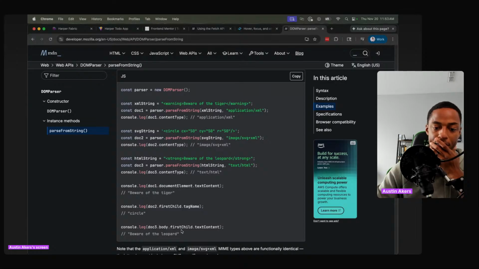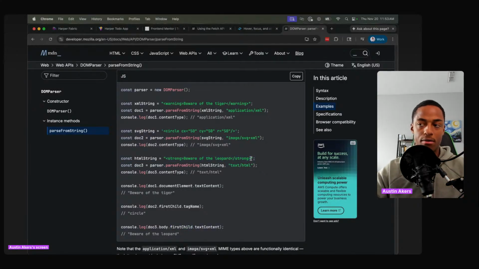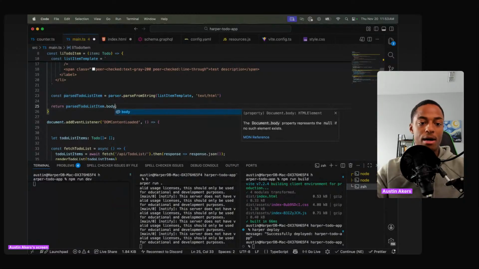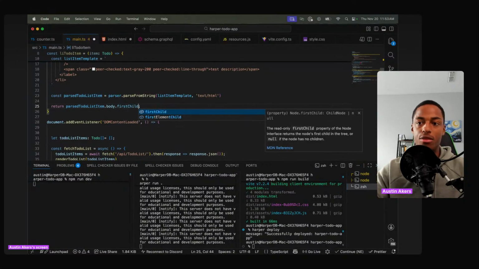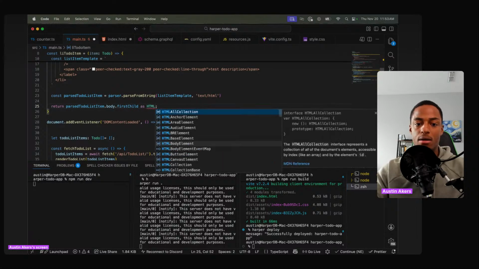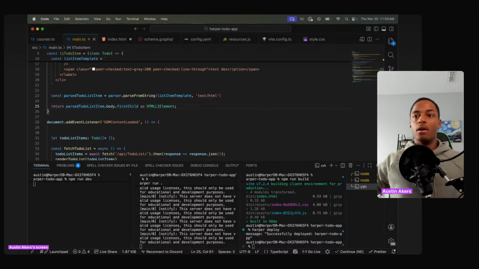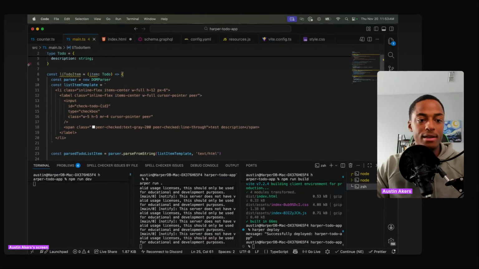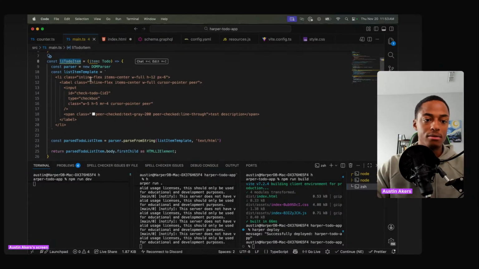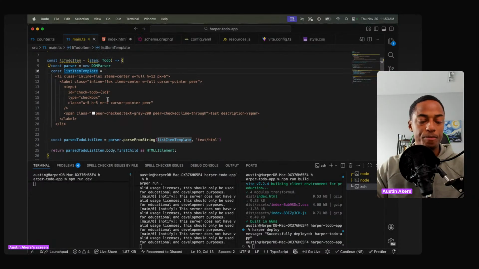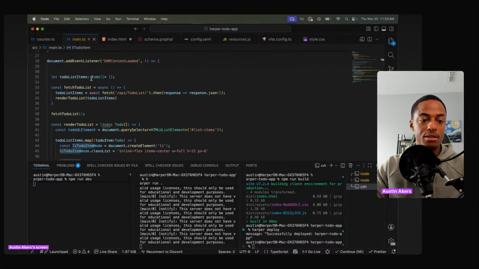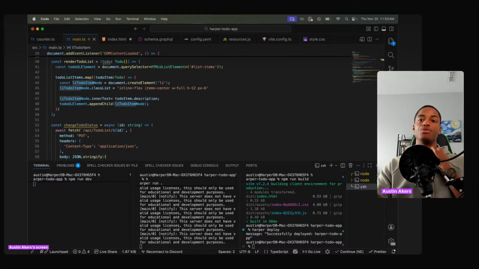Doc3 would be body.firstChild.textContent to get the content. But I don't want to just get the text content. I want to get the string of its entirety. So I actually want to do dot body dot first child, and then we'll have to return that, because that should be the HTML li element. So we should have that there. Boom. Okay, now that we have this, man, all right. This is very fun. Now that we have this li to-do list item, let's go back to our